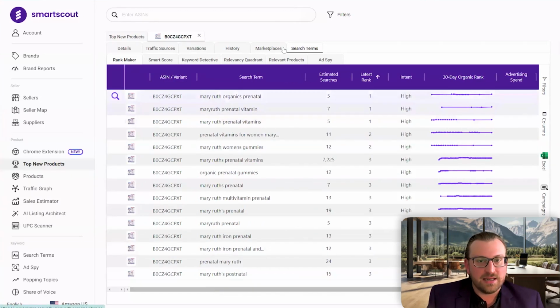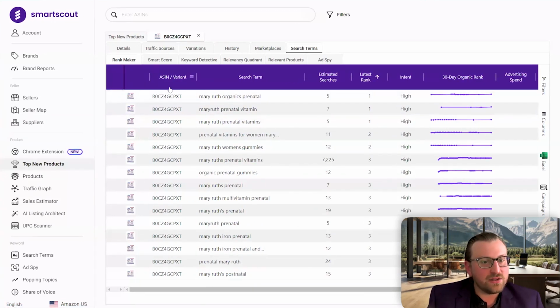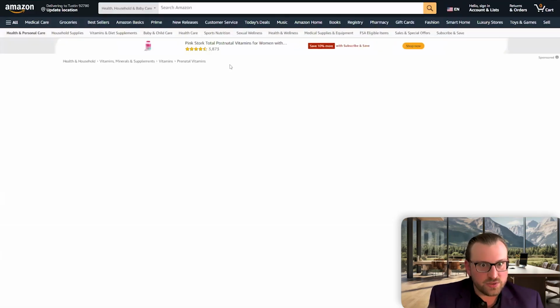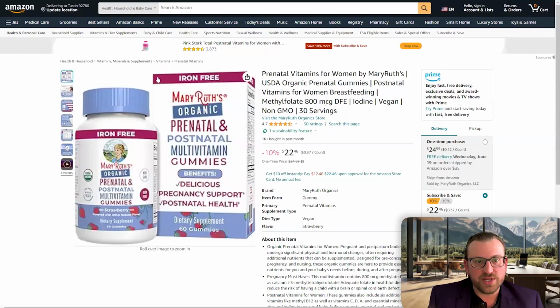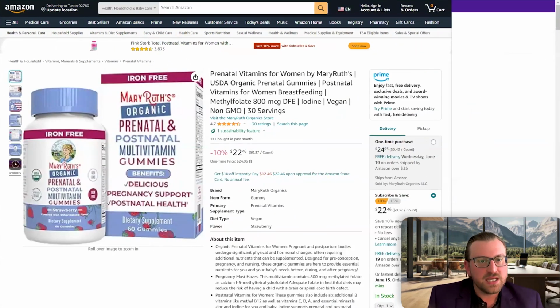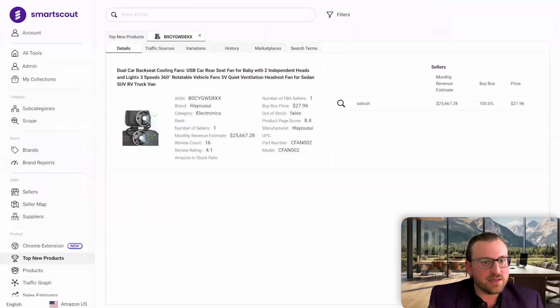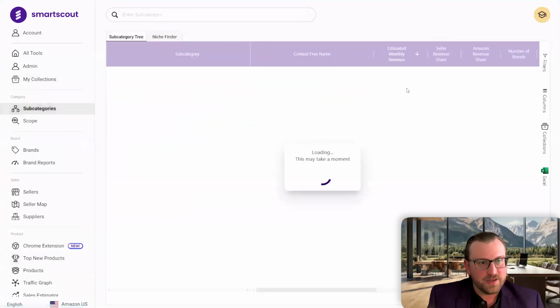And now let's jump back and check out this category as a whole. So following the same token, let's go into the actual product page on Amazon. It's just prenatal vitamins. So let's explore that space a little bit. I'm going to go back into the subcategories tool, and now I'm going to just search prenatal vitamins.